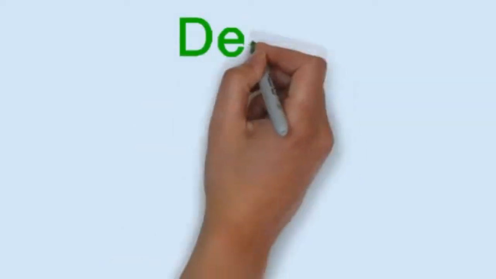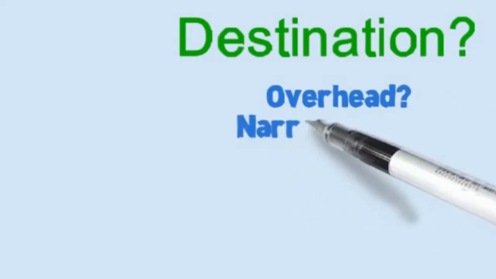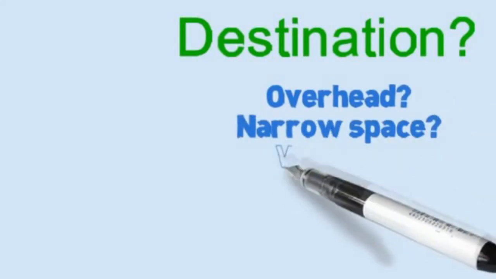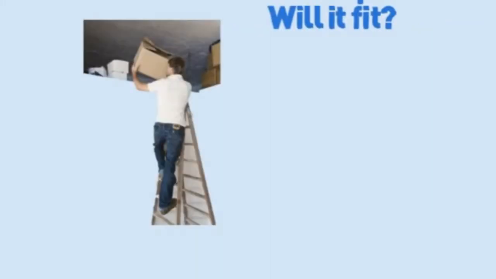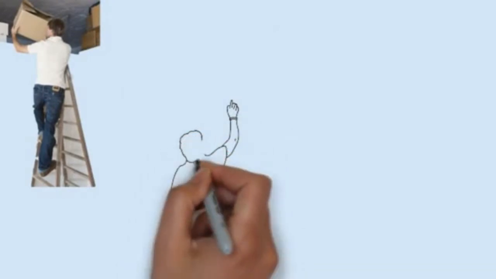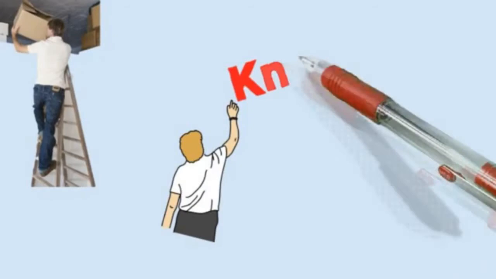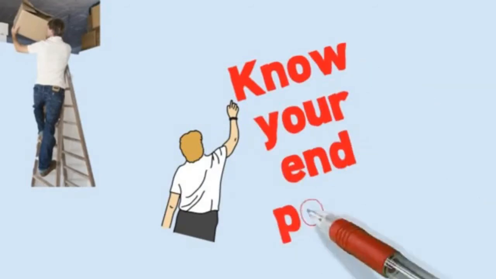4. What is the destination point? Before you lift anything, think about where the load will be placed. Will it be going somewhere overhead, in a narrow, tight spot? What special precautions should be taken before you get to the end point? Will you have enough room? At the destination, don't try to shoehorn something into position. Allow yourself as much room as possible to set the load down. Avoid hitting anything nearby.